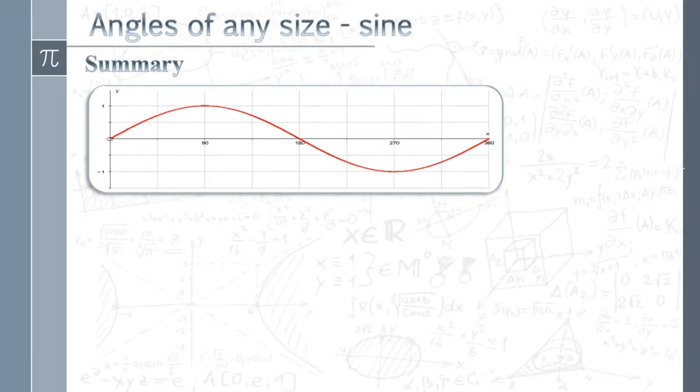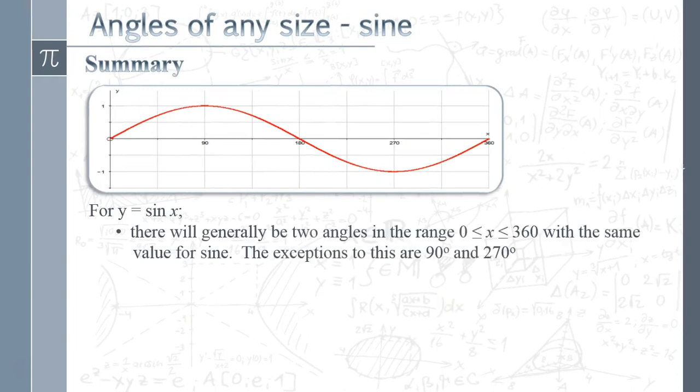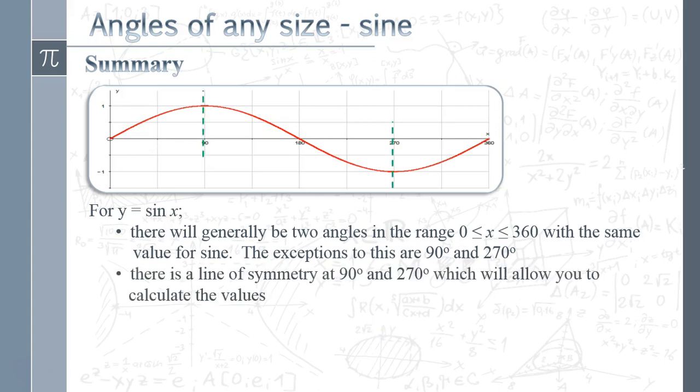So what do we know about the sine curve? Well, we've got generally two angles in the range 0 to 360 with the same value for the sine. Now the only exceptions to those are 90 and 270. We've got 90 there and 270 there, but because they peak at 1 and -1, those are the only exceptions to that. But you will find that for sine x you can get two angles within 360 degrees that are the same. And what we've got is lines of symmetry at 90 and 270,